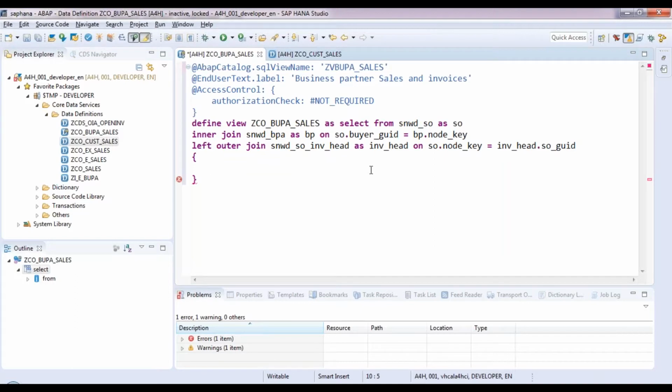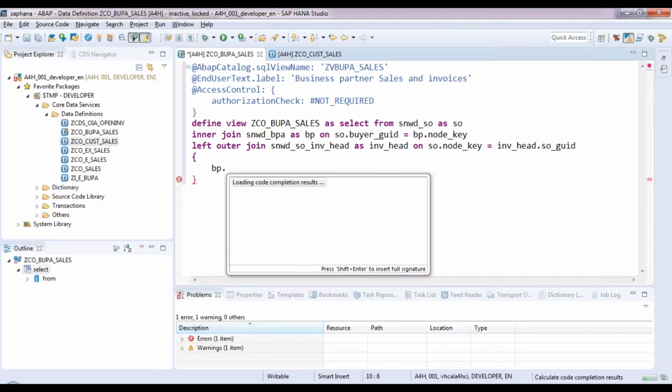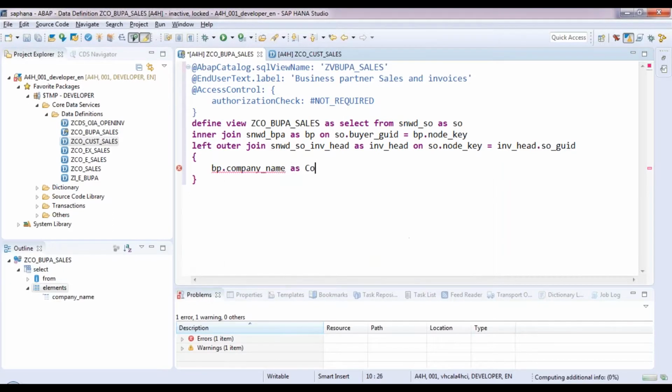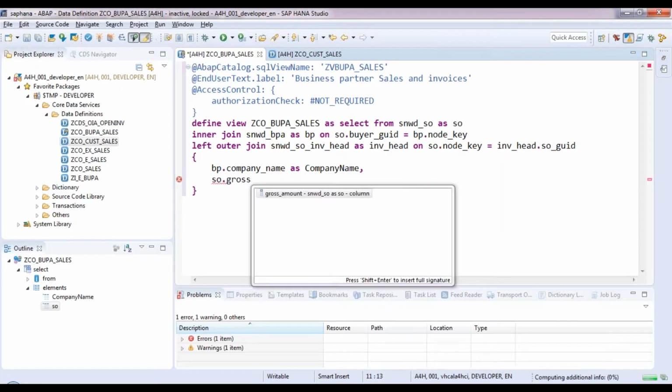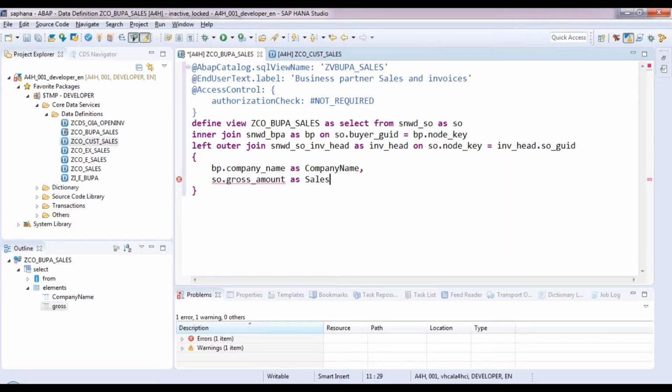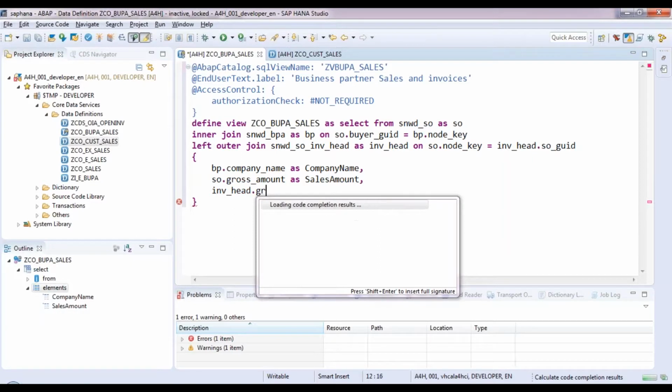So I will just get from the business partner table the company name as company name. Then I will get from my sales order table the gross amount as sales amount, and then from my invoice header table, I will get the gross amount from this table.